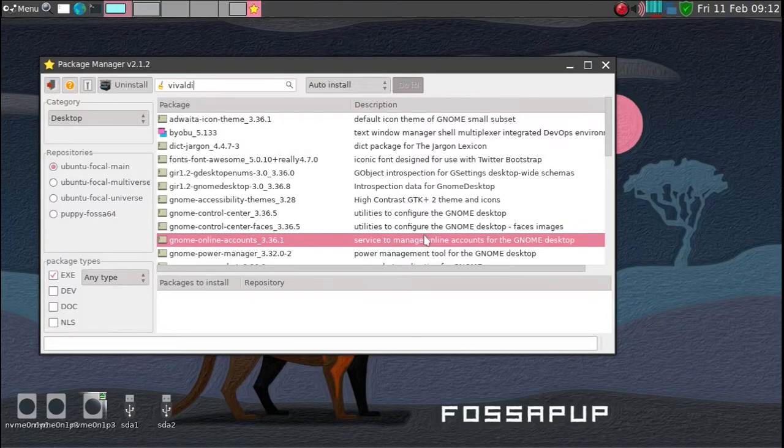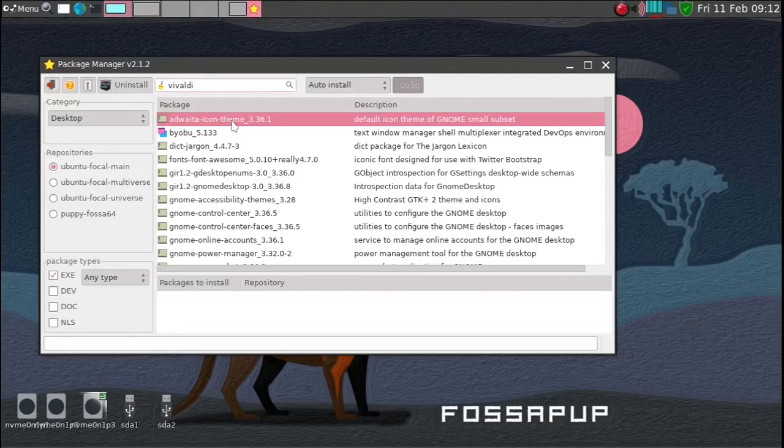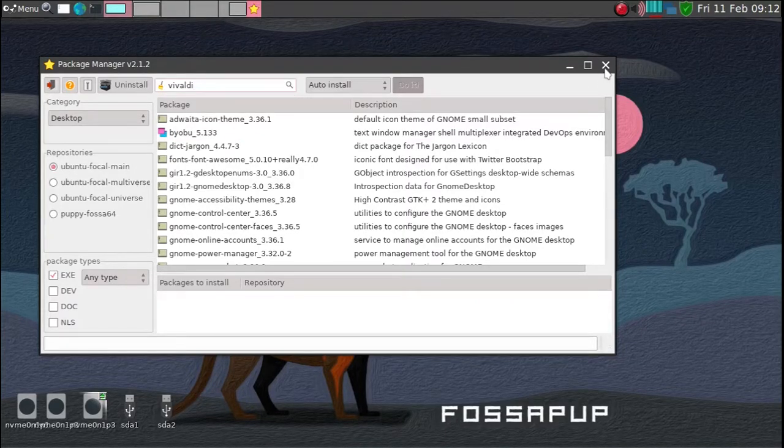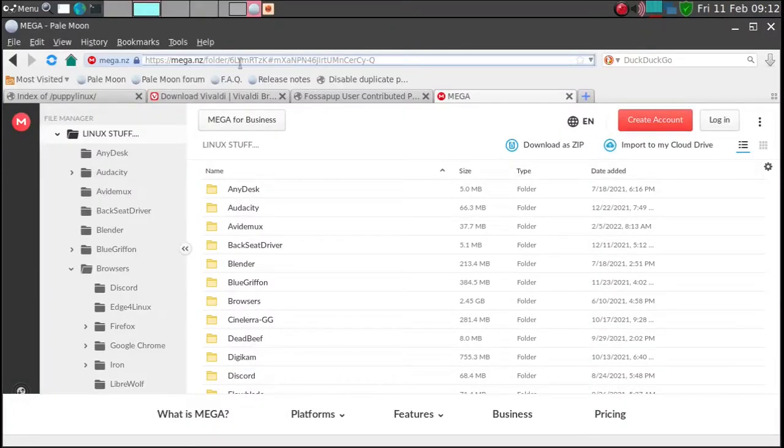So now you're sort of left with, I'd say about 90% of the time, if you're looking for an application, you can find it in Puppy Package Manager. Okay. So given that doesn't seem to be the case, next what you could do is